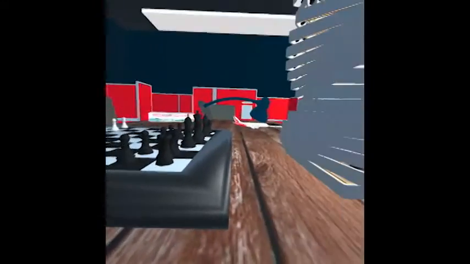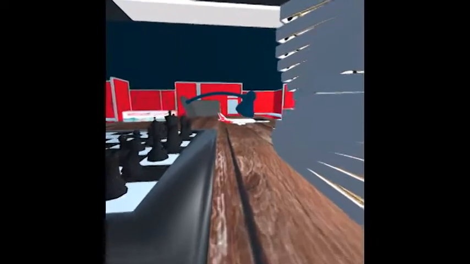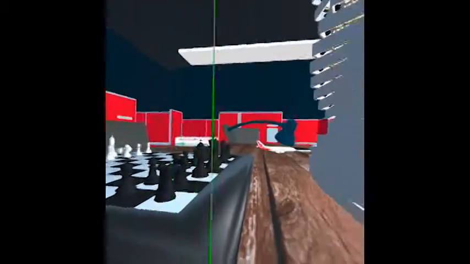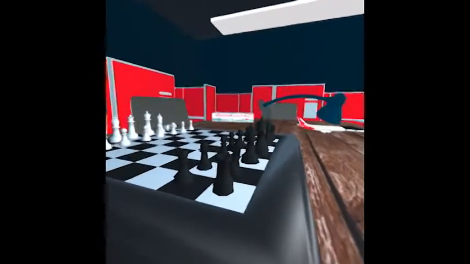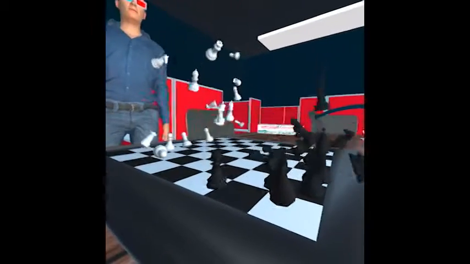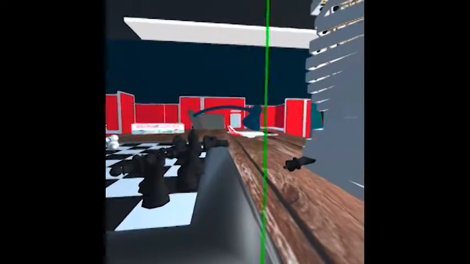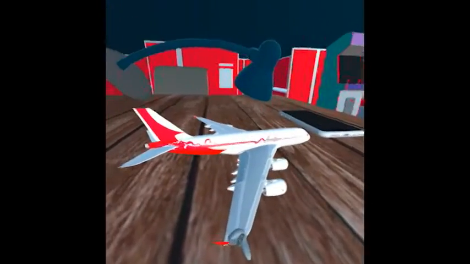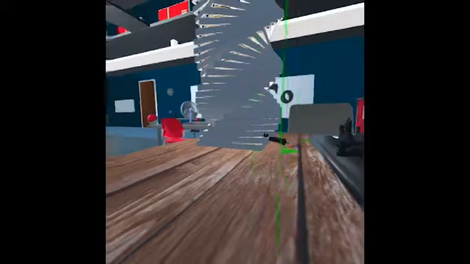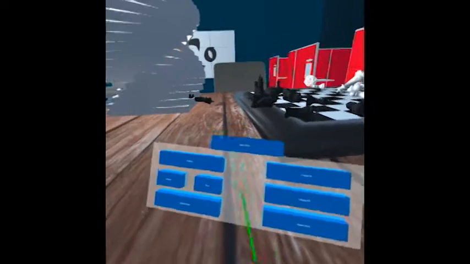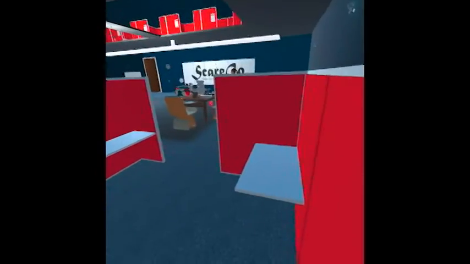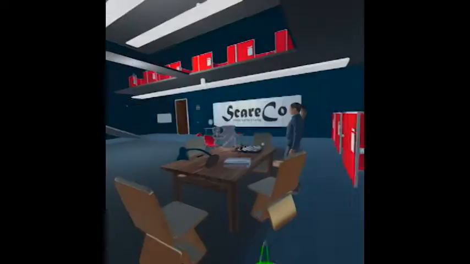Alright. So now we're on the table, we can still use this table to move around, and we can see all of our new assets, all the old ones like this lamp, this chess table at a whole new size. See a giant Andy there, and you can still move these things. It's pretty exciting, and interact with all these little new objects on the table like this airplane here, which you can grab, and the phone over there. There's also some more stuff on these other tables, but check this out later. You can also go back to normal size. This sometimes moves us a bit. Alright,